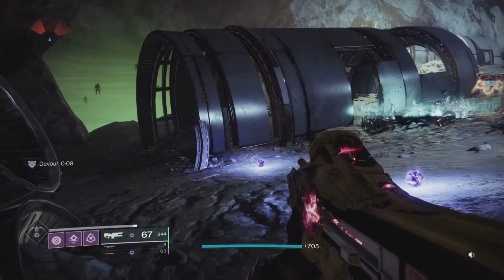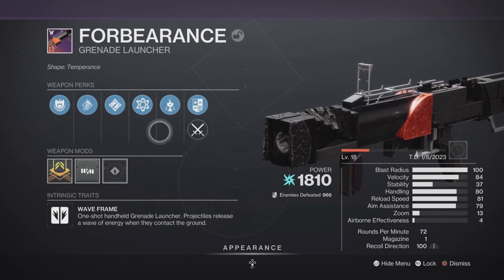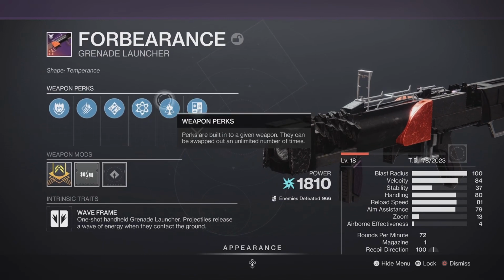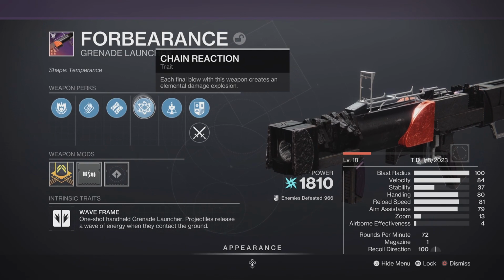Let's move on to the third weapon. Now, the third weapon that we are going to be talking about on the list is the Forbearance Arc Grenade Launcher. The reason why this is so good is because it can roll with Chain Reaction, which after getting a kill